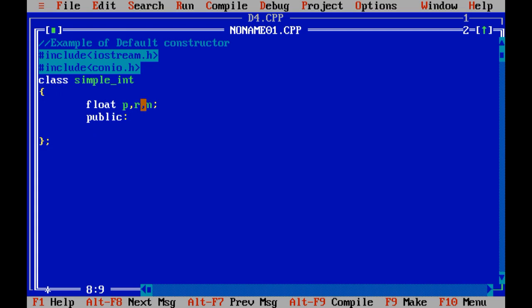So now the default constructor, simple interest, brackets opening and closing also. Inside that need to initialize the value of three variables, p equals 1000, r equals 10 and n equals 2. Now void display function,